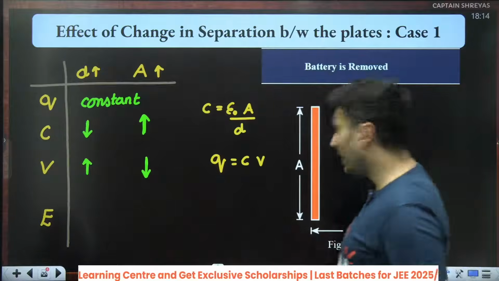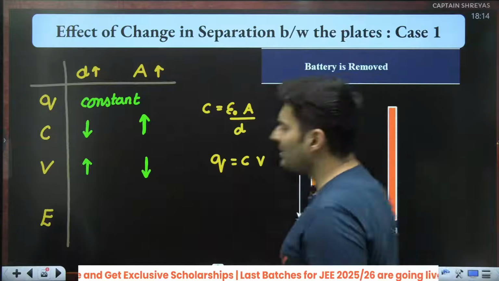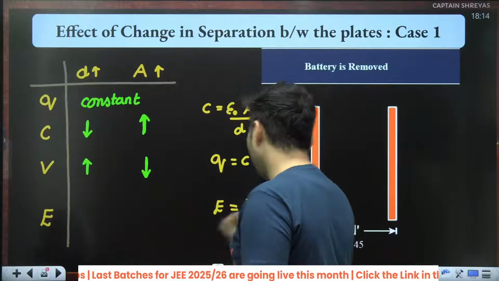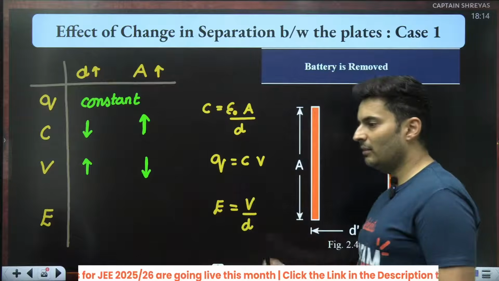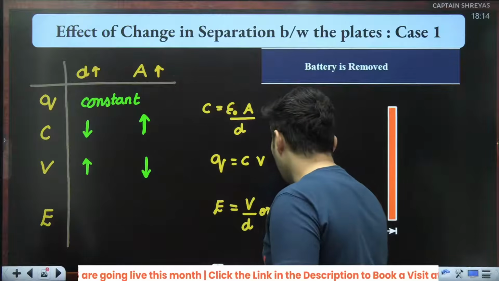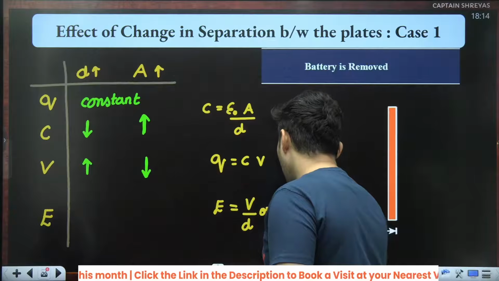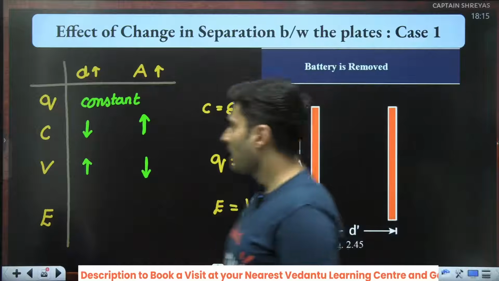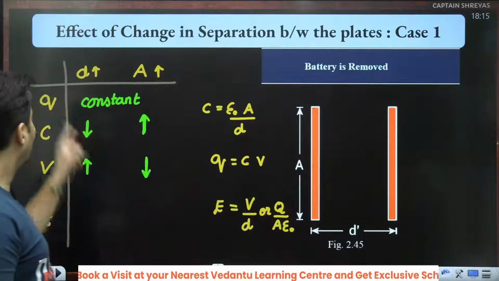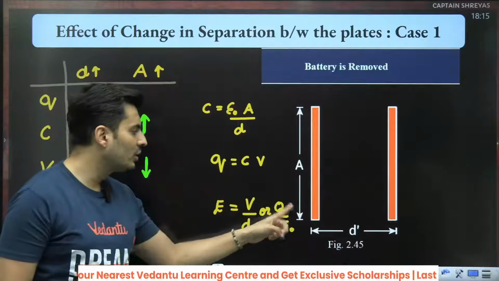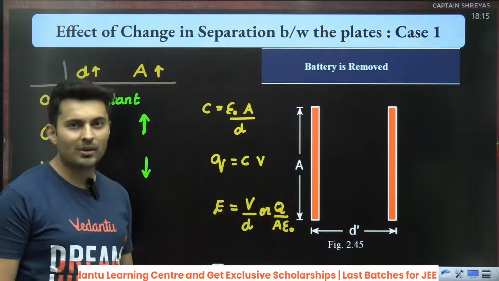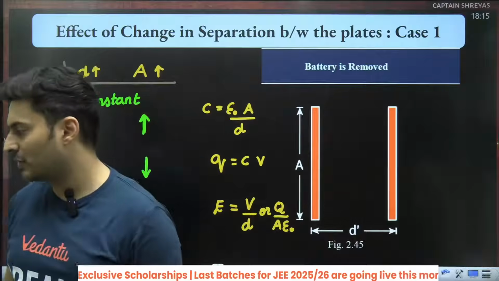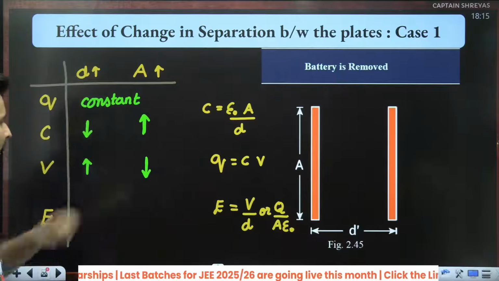Now you will be like, sir, what about the electric field? Well, let's think about it. Is there a formula for electric field? Electric field is voltage difference divided by the distance. Or you can also use Q by A epsilon naught. Any one of these formulas is okay. Because charge is a constant, I feel it is beneficial for me to use this formula, because Q will be a constant. Or else voltage is changing, D is changing, might be a little bit confusing for me. Hence, I'll use the second formula.